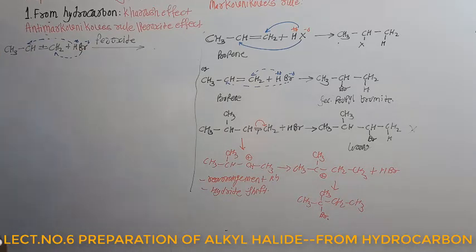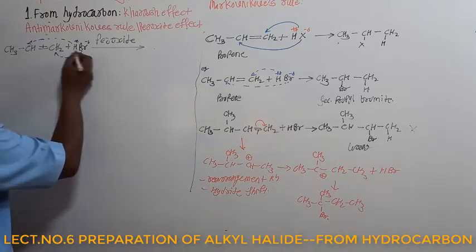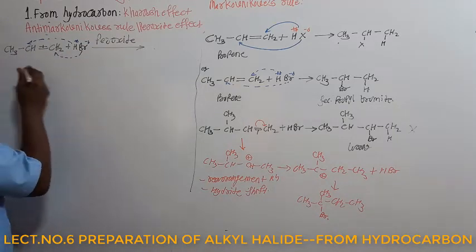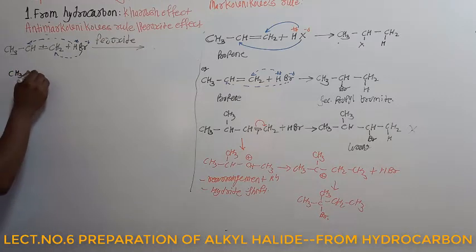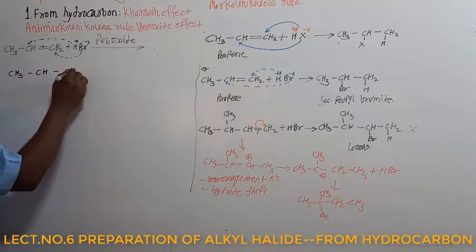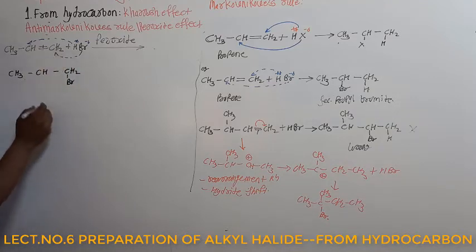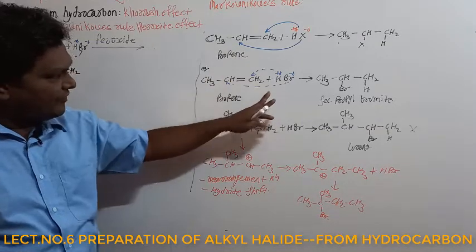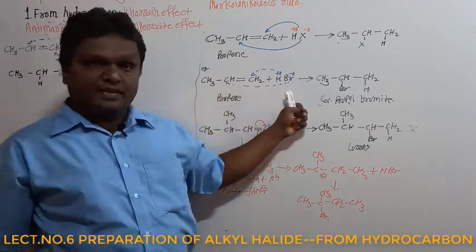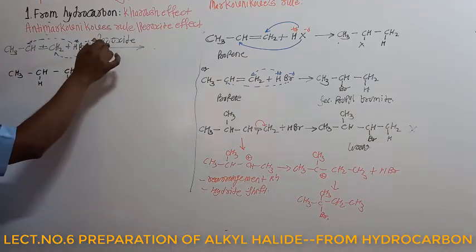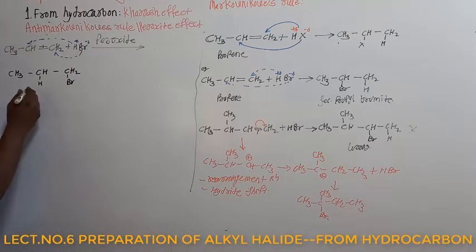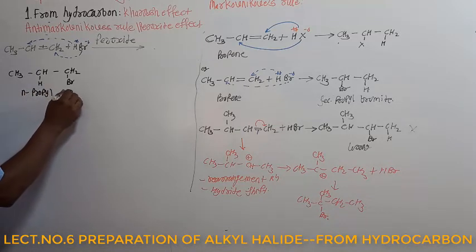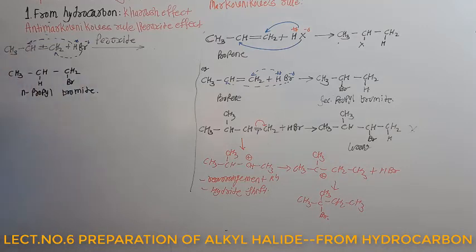So let's start this. Br minus is going to attach to what? CH2. So we are going to get CH3, CH, CH2. The bromine atom will attach to our terminal carbon atom, and H here. Okay. So in the case of Markovnikov's rule, if you react only HBr with propene, you're going to get secondary propyl bromide. But if you carry this out in the presence of peroxide, we are going to get n-propyl bromide. This is called n-propyl bromide. Okay, this, as usual, is propene.